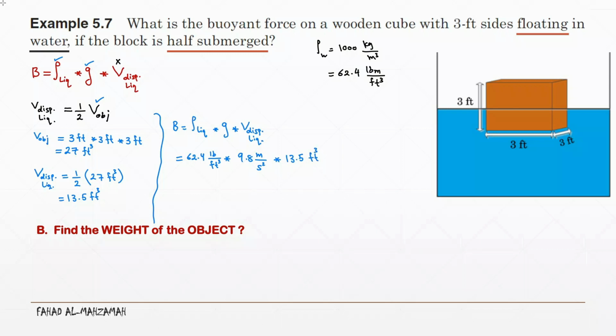And now you can see that we have a problem here. Can I use the acceleration of gravity here with pound mass? Can I use the acceleration of gravity in meters per square second in the English system? No. So in the English system, what we said is that